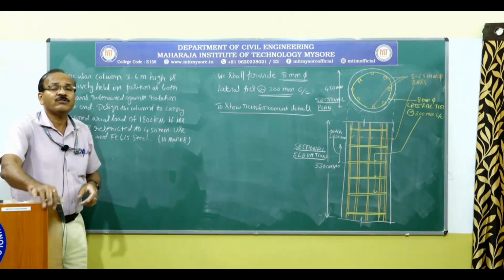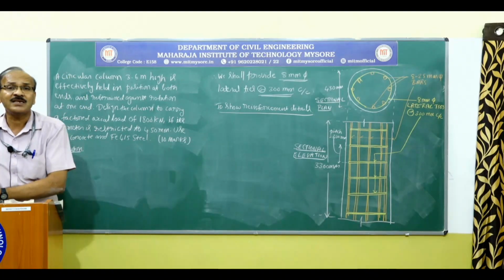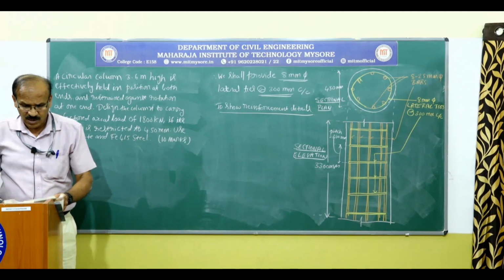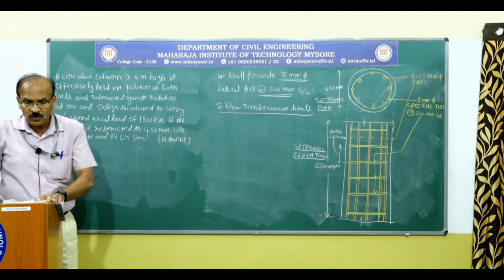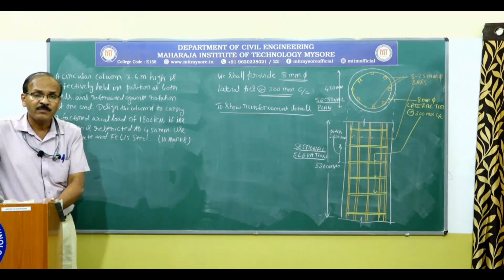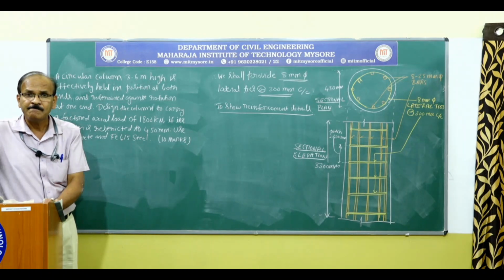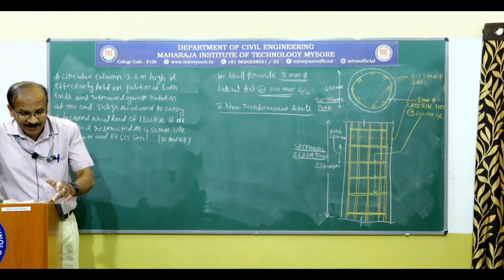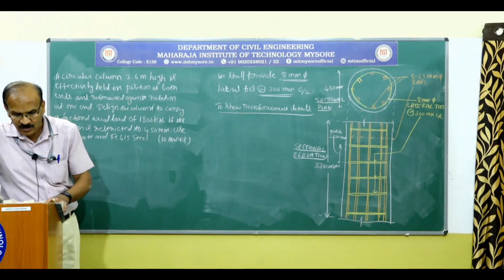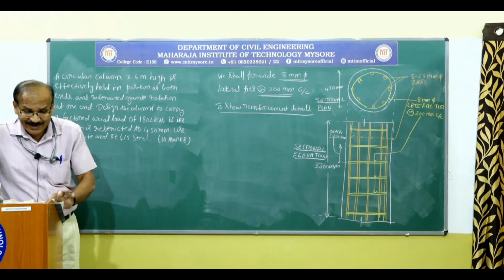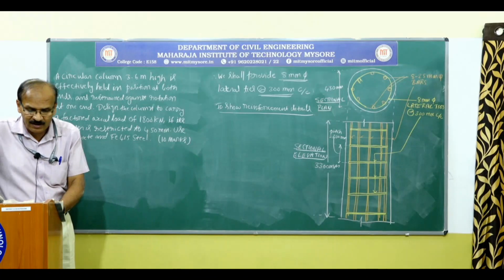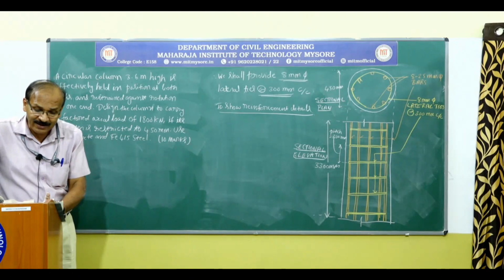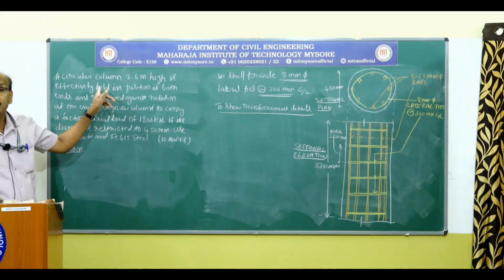To know the effective length, what you have to do is go to table 28 on page 94 of the code book. You know this already. I am trying to refresh your memory. So open table 28, page 94 of the code book. I hope you are on that page. If you go to the first column, go to the second item, it says effectively held in position at both ends and restrained against rotation at one end. This is the condition the problem is talking about.